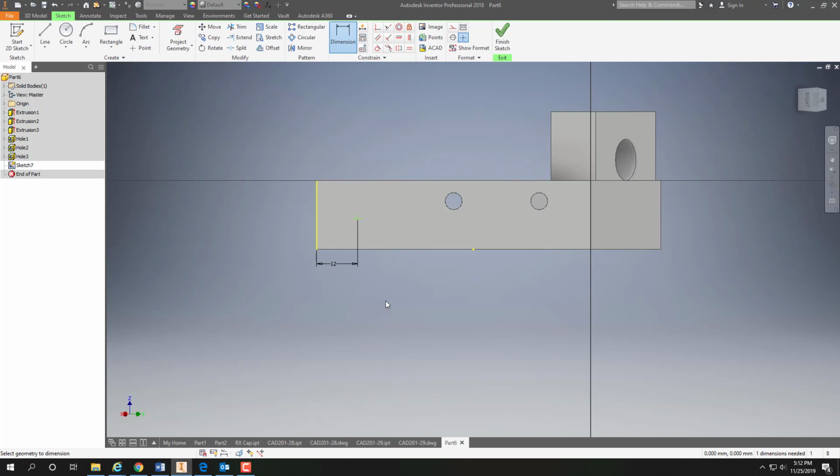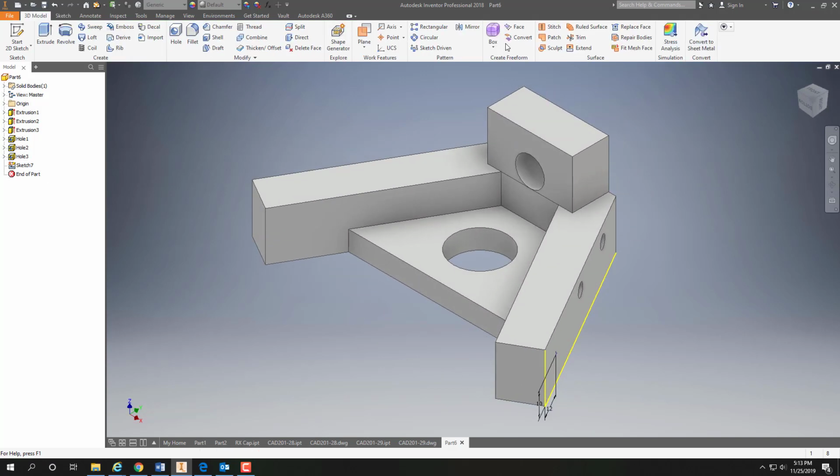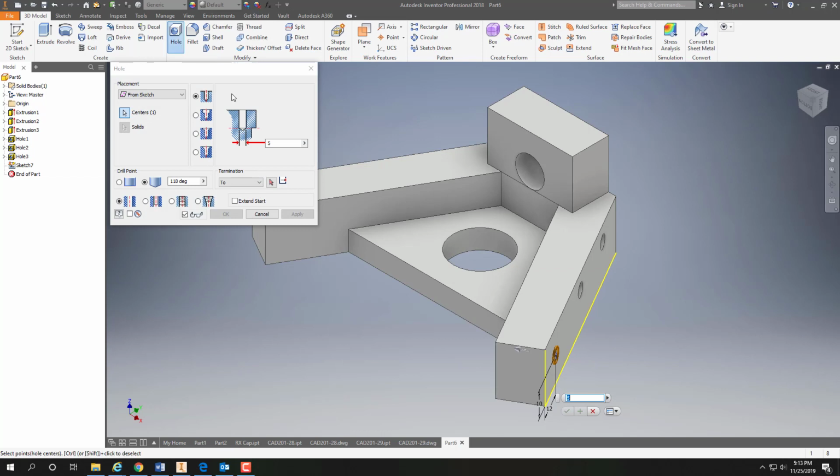Okay, and from the bottom, it is 10. Okay, and from that, we'll go to Finish Sketch. We'll go to Hole. Okay, now the diameter of these holes are 10. Okay, and then we will come in here and go 2, and then we will